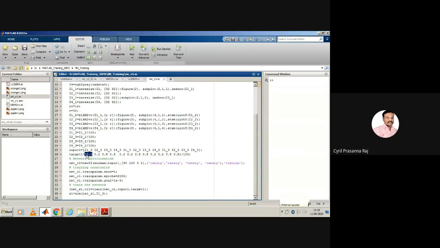Now you keep on training the network, changing the weights such that the error between the actual target, that is 0.2, and the output of the network becomes 0.000000001, that is 1e-9. Until then, you want the network to get trained. So whichever is the fastest one, you try to consider this.